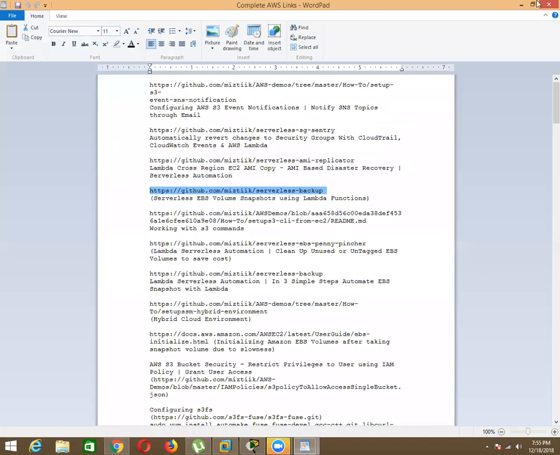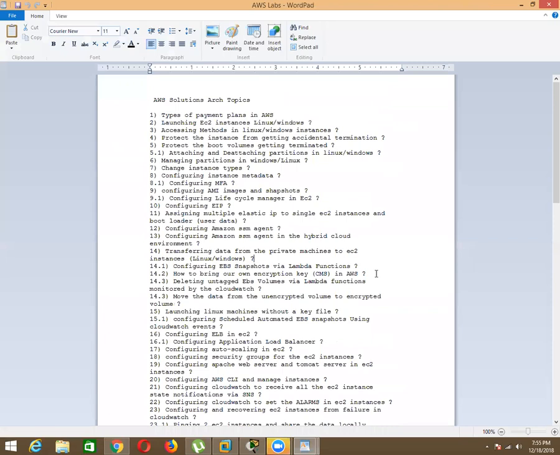So our next topic is how to bring your own encryption key inside AWS. That is a very, very important function for us. Many organizations want to keep the cost low, so they bring their own encryption key. We call it customer managed keys in AWS. I'll show you how to bring our own key and then how to encrypt our data in S3 bucket